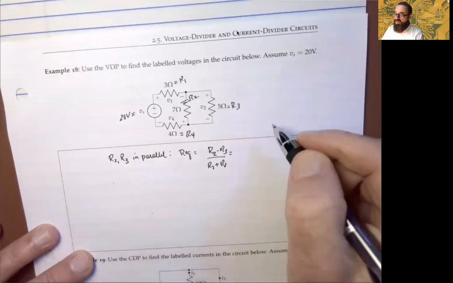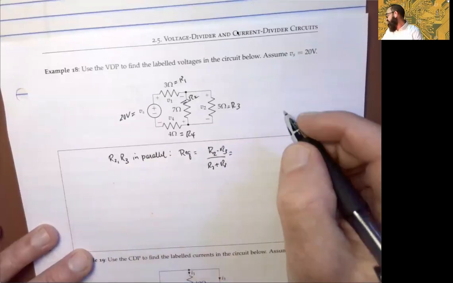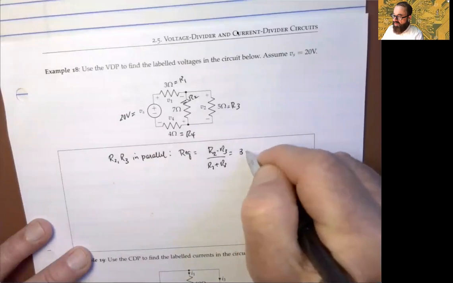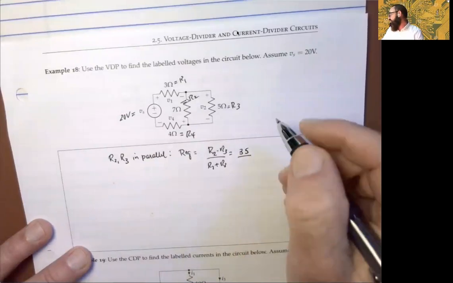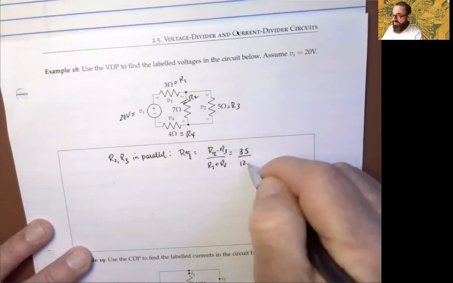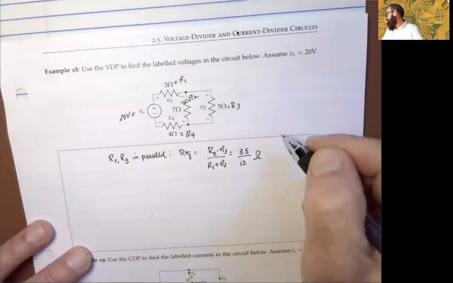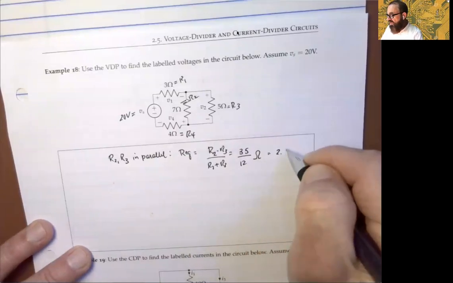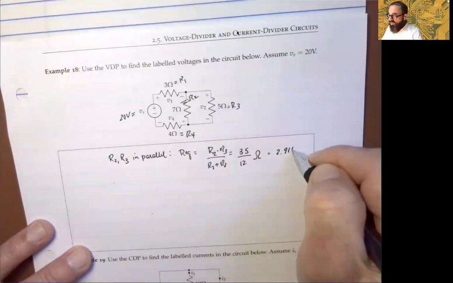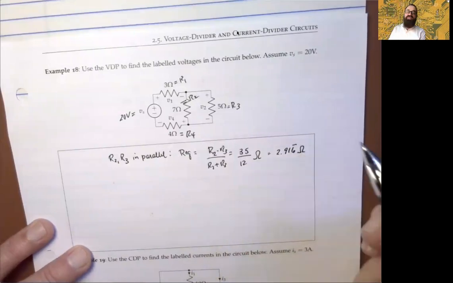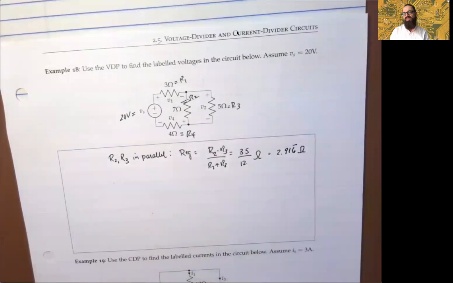And in this case, we're dealing with 7 and 5, all right? So we're gonna have 35 over the sum, which is 12, 35 twelfths ohms. With the calculator, that's 2.91. And the 6 repeats. So we'll leave it as 3 significant figures there. Usually, again, 3 significant figures is generally fine, right? So redrawing